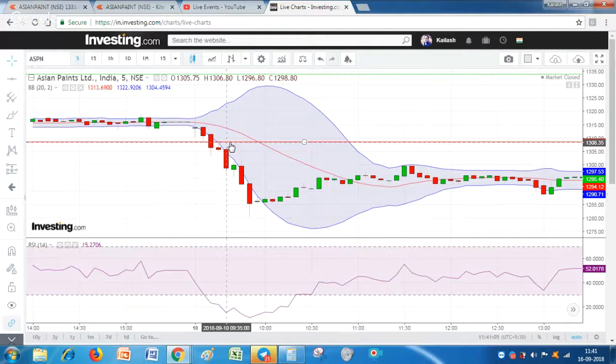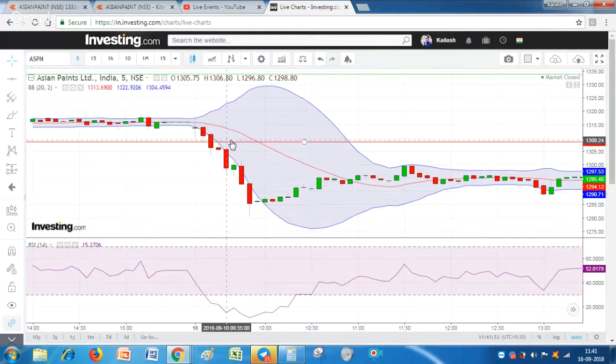And there is one more thing, friends. We can take it in another way also. We can take a risk of 1:2. We can work in the ratio of 1:2. If we are getting a stop loss of, suppose, 7 rupees, we can expect a maximum of 14 rupees. It's a 1300 rupee stock, so 1% is 13 rupees. So we can expect a maximum of 13 to 14 rupees in a stock.